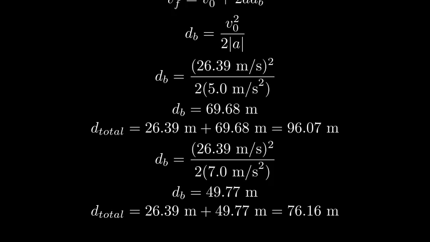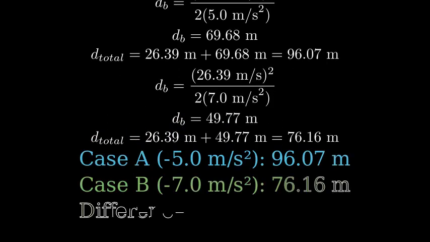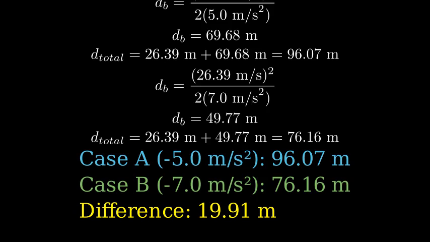Notice that with stronger braking, that is greater deceleration, we get a shorter stopping distance. The stopping distance at negative 7.0 meters per second squared is about 20 meters shorter than at negative 5.0 meters per second squared. This makes sense because stronger brakes can stop the car more quickly,